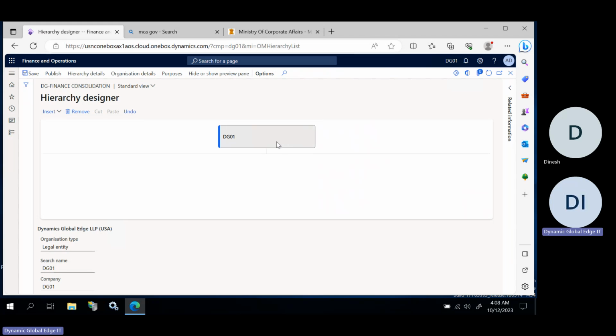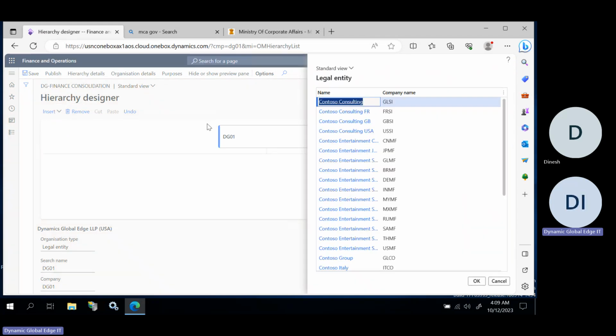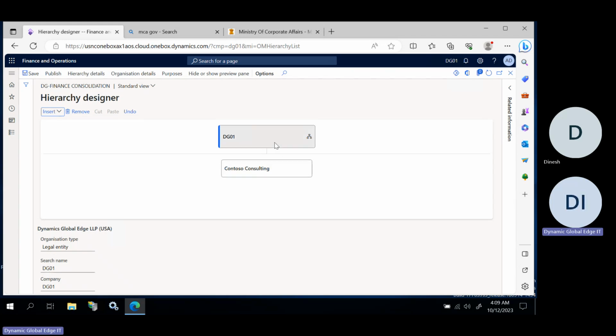Under this, what companies do you have? Simply click on it, click on Insert. Let us take it that GLSI is a subsidiary of DG01. So simply select DG01 and click OK. And if you have one more company under this, like Reliance Digital or Reliance Smart or Jio,